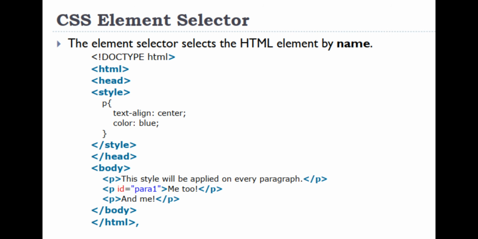CSS element selector. The element selector selects the HTML element by name. <!DOCTYPE html><html><head><style>p {text-align: center; color: blue;}</style></head><body><p>This style will be applied on every paragraph.</p><p id="para1">Me too,</p><p>and me.</p></body></html>